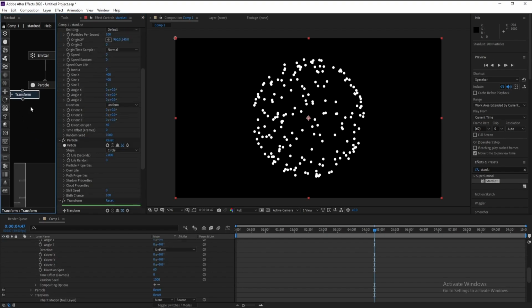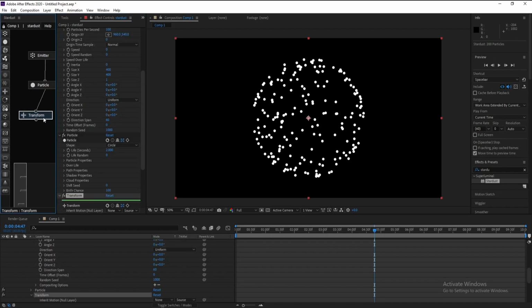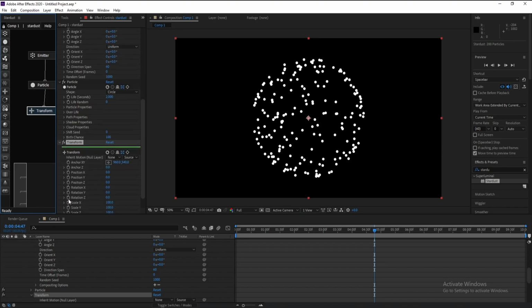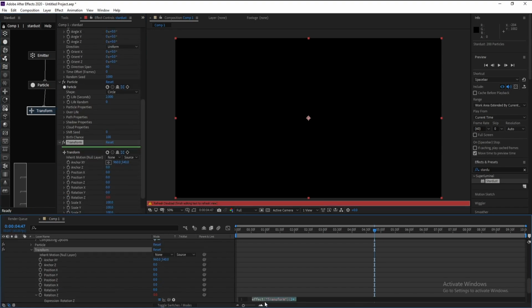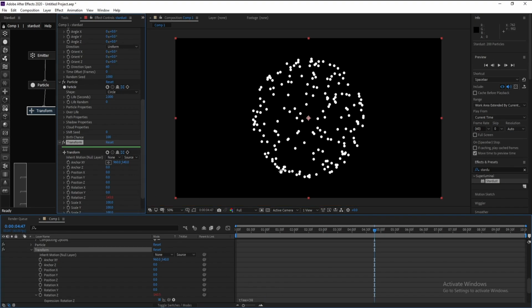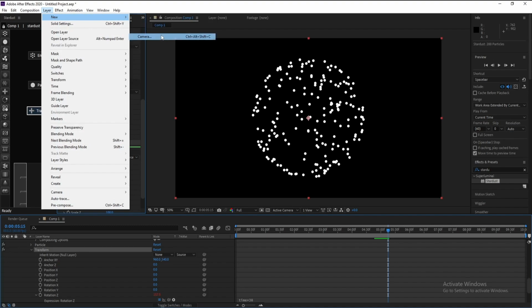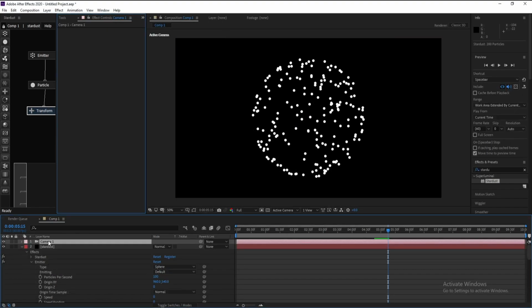Go to transform, Z rotation, alt and click, and type here time times 30 and see. Yeah, go to layer, new camera, press OK, and